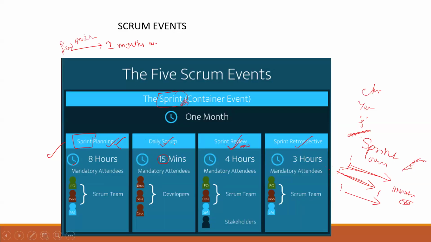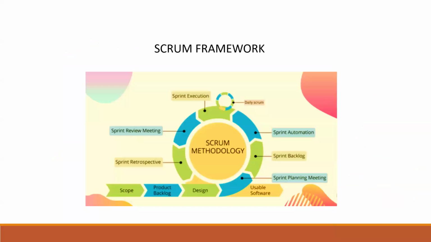Now you will be there to make this happen: help the team members understand all these events, train them, coach them. This role is yours. It's a cyclic type of thing which is happening. You need not worry about the words as of now. The only thing you need to understand is that there is the planning meeting happening.